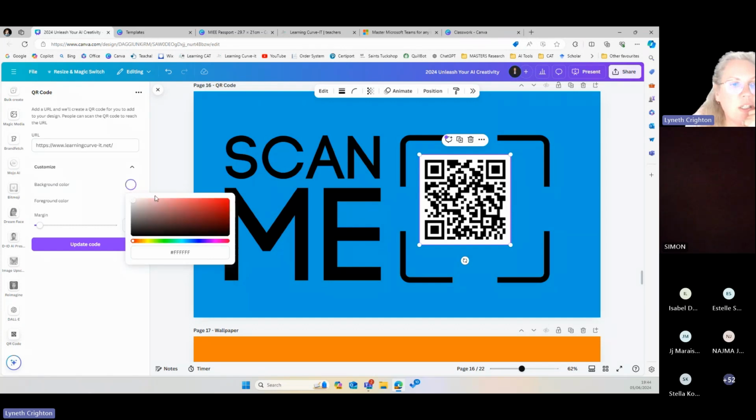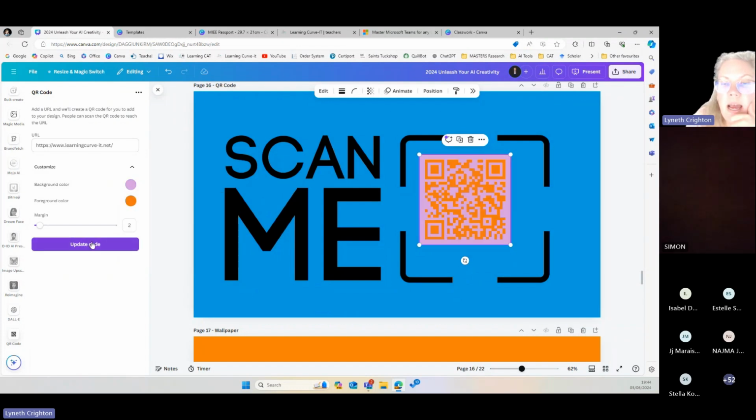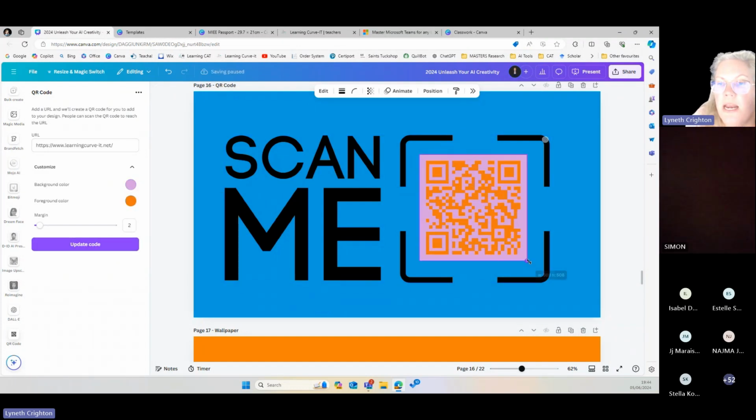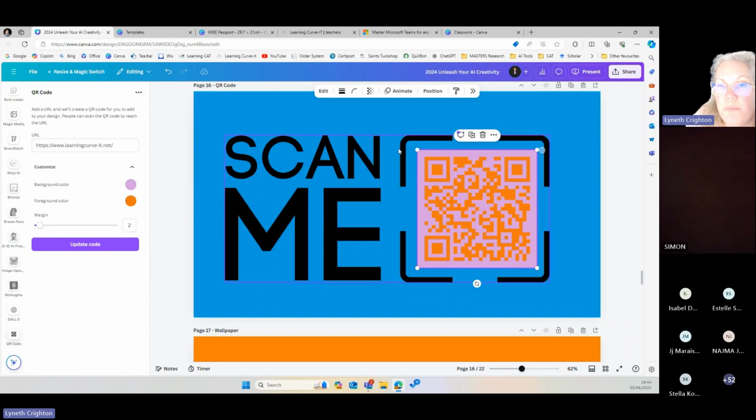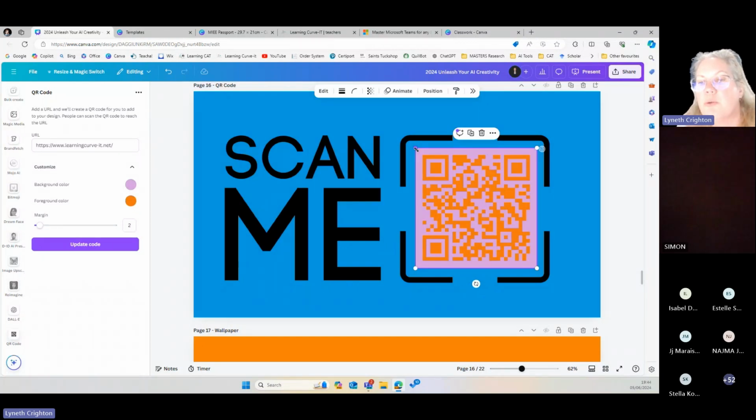I can change the background color. And now if you put your phone over that with the camera, it will want to open the website